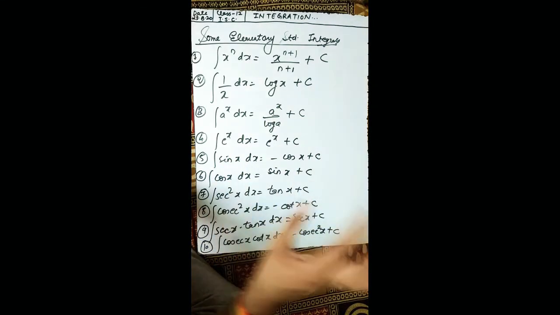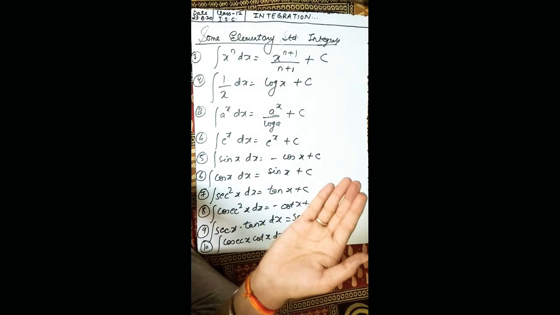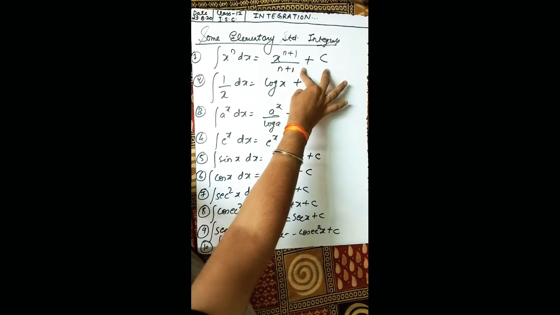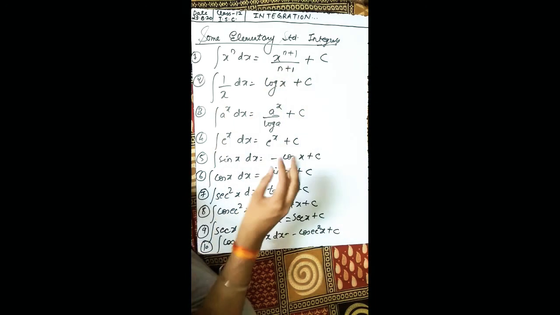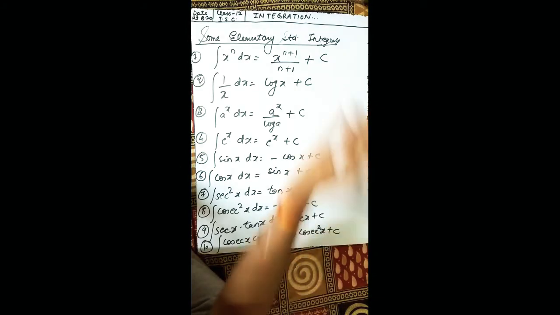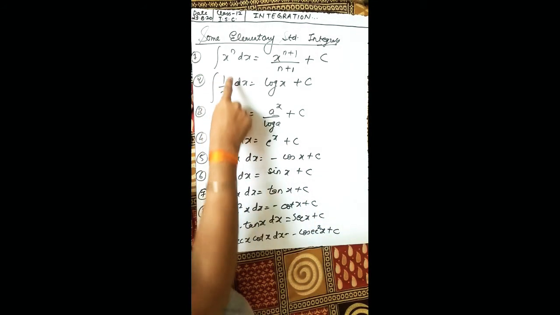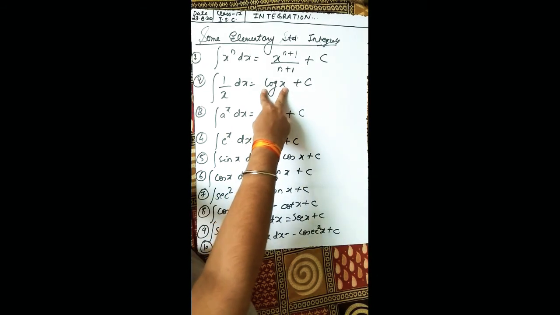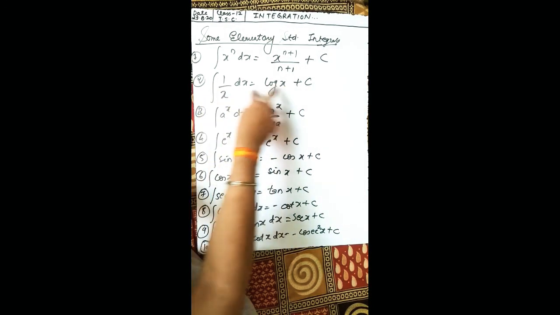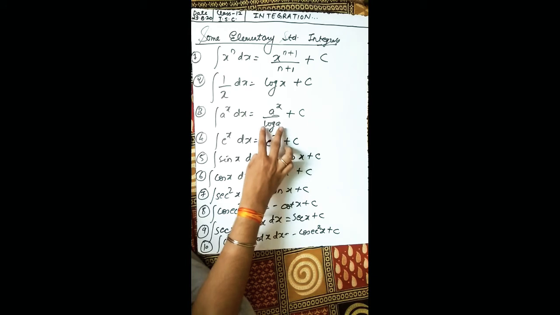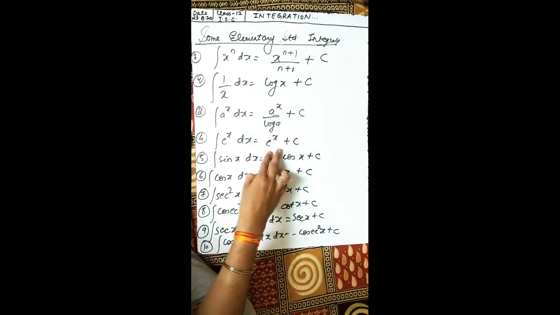In local words, we can say that whoever sacrificed in the differentiation will again come up in the integration, and we can give them the name plus c. So in this c, all those constants that have sacrificed and become 0 will be included. So we have to put plus c everywhere. Integration of 1 upon x dx is log x plus c. You see, differentiate log x, we get 1 upon x, so integration of 1 upon x will be log x. Similarly, integration of a to the power x dx is a to the power x upon log a plus c. Integration of e to the power x is e to the power x only.